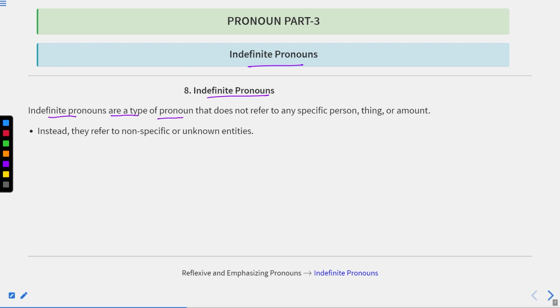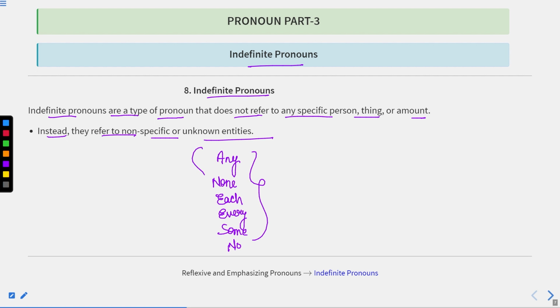Indefinite pronouns are a type of pronoun that does not refer to any specific person, thing, or amount. Indefinite means any, it can be any. Instead, they refer to non-specific or unknown entities. Now, what happens if you have words like any, none, each, every, some, or no, in one case,